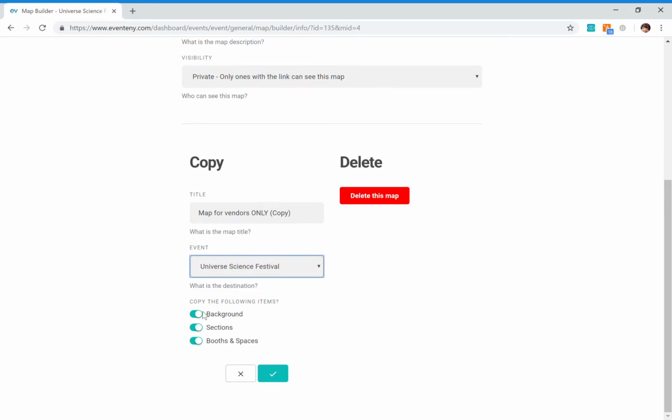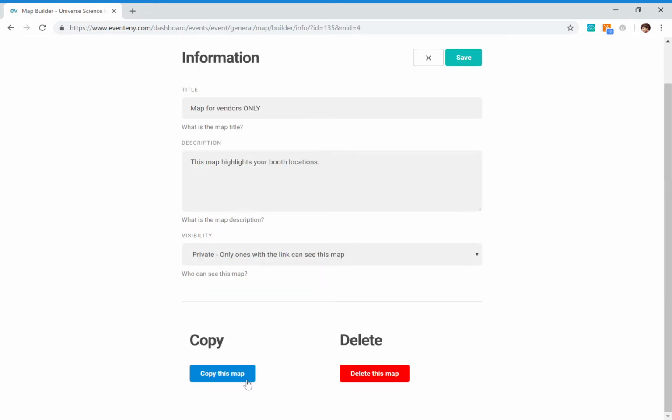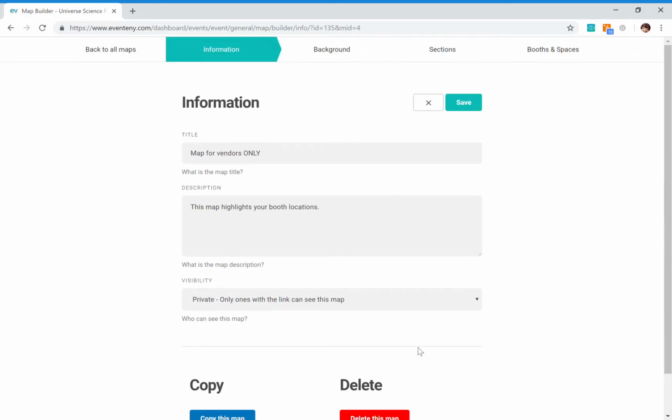You can decide what you want to copy. Perhaps you only want to copy the background, or sections, or booths and spaces, or all of them. We can create all of them if we choose. But in this case, I will not copy this map, so I will close out of this. I will save this information,